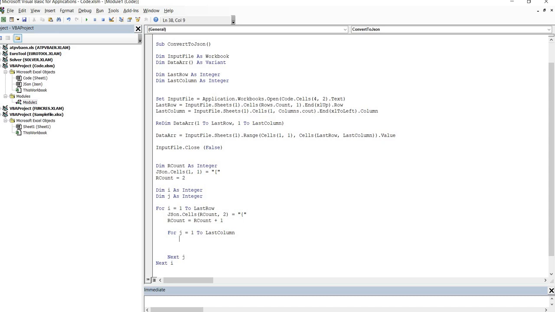So what we actually need to do is get the line number 1 r count for every single record. We need to keep on adding the header first. We know the header line is stored in data array record number 1. So what I'm going to do is JSON.cells row number, which is going to be the r count, and the column number is going to be, let's say, 3, equal to, it is always stored in double quotes, so we're going to use the double quotes, and the header name, which is always going to be